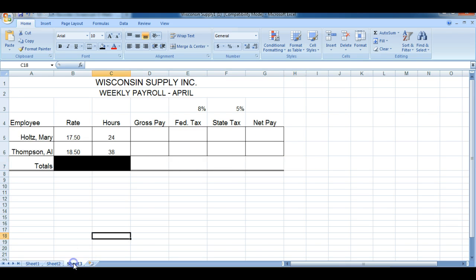Okay, now sheet 3. I'm going to go much faster. I'm not really going to walk you through it. You can pause this, do everything, and then see if you get the same answer I do. Okay, so you have rate times hours, federal tax, gross pay times freezing column E, freezing row 3, state tax,